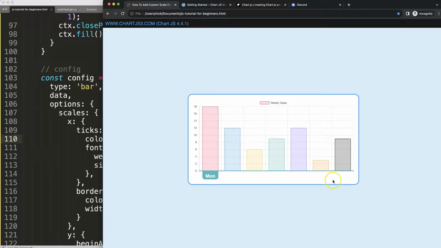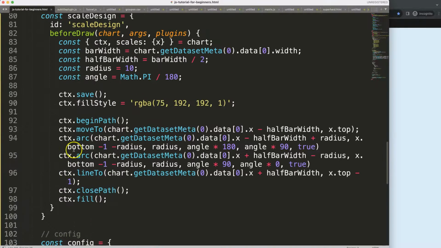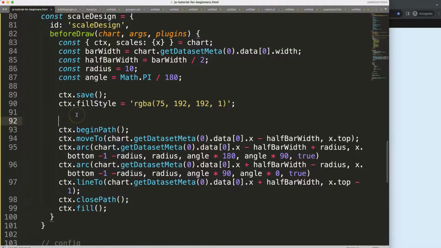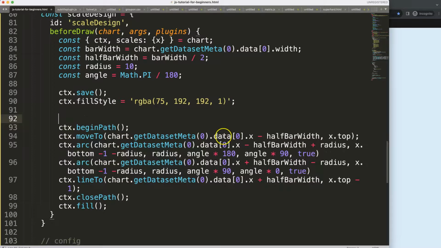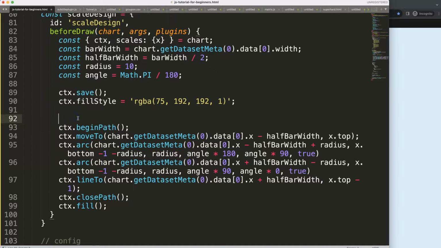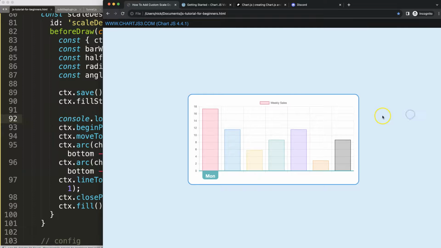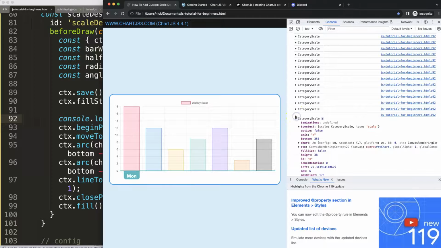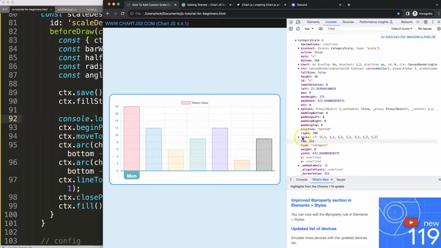I need to now multiply this to every one of them. So what I'm going to do here is to create a forEach loop. And we can basically do that with every chart dataset meta. Or what we can do even more practical would be whatever the ticks are showing. And that is, if I do here console log, the x scale, save, refresh. Let me just show you so you have a visual again here in our object. I'm going down here, look at the ticks,